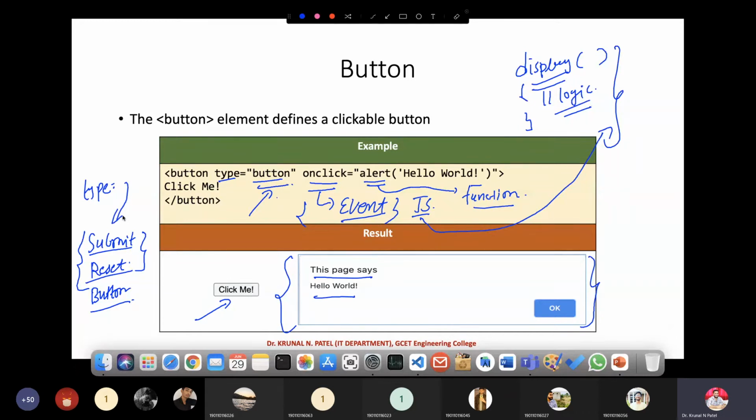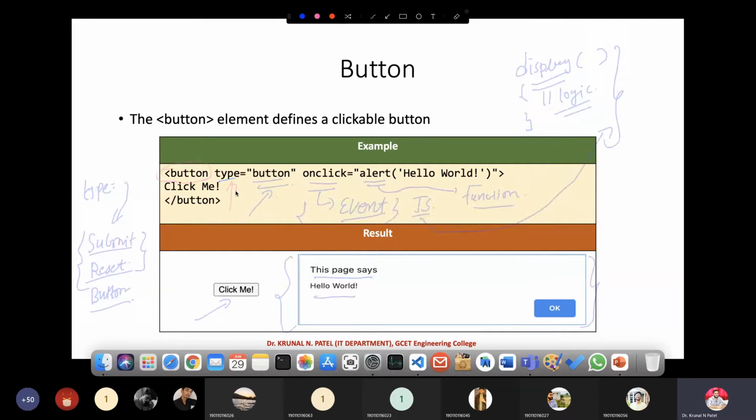But here you have noticed that we have a button tag, and then we have type equals to button, right? We use it whenever we go for particular event handling logic. Are we clear, guys? Is there any doubt in this? Three types of button.